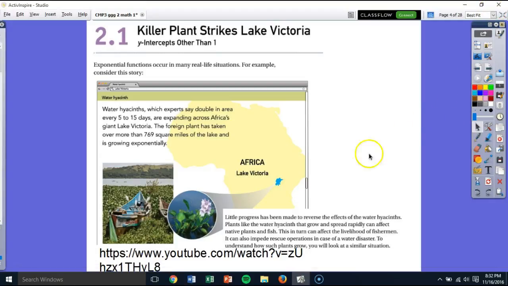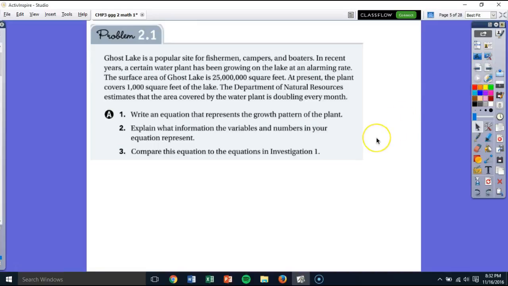So obviously this is a problem for people that live around Lake Victoria. So we're going to examine a situation very similar to this. And if we look on page 29 of our Growing, Growing, Growing books, we'll see that we're presented with problem